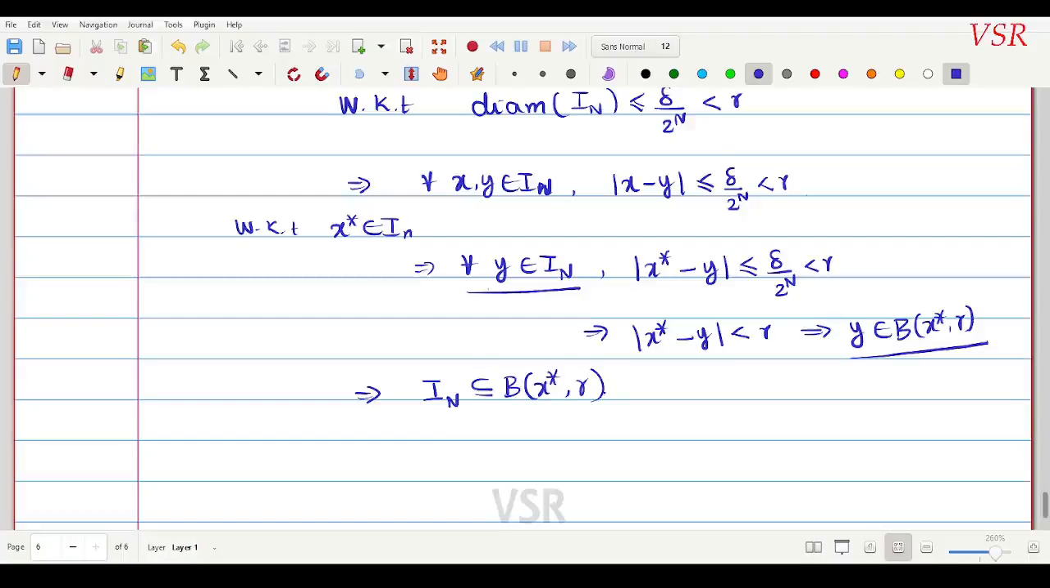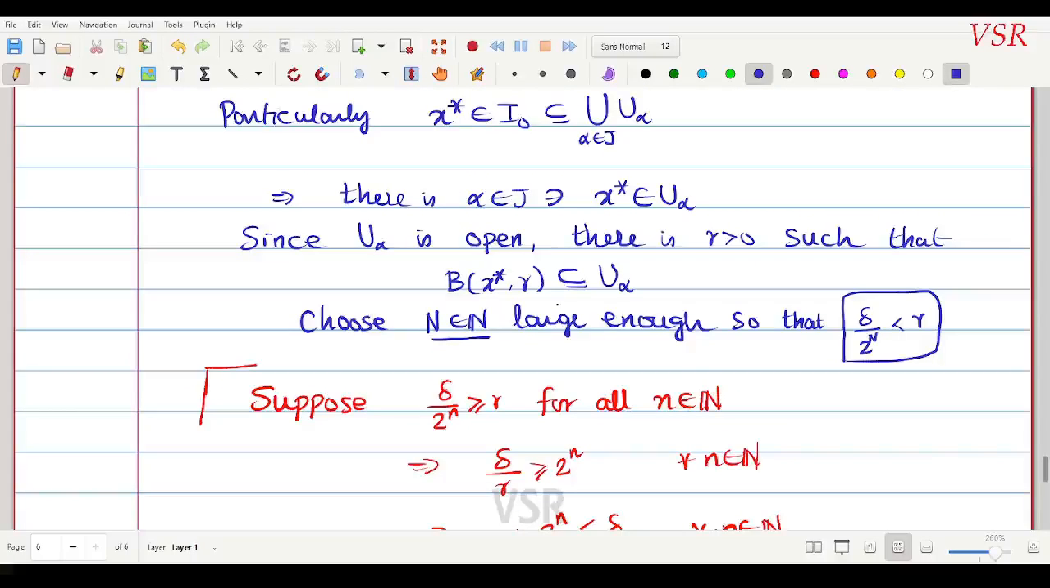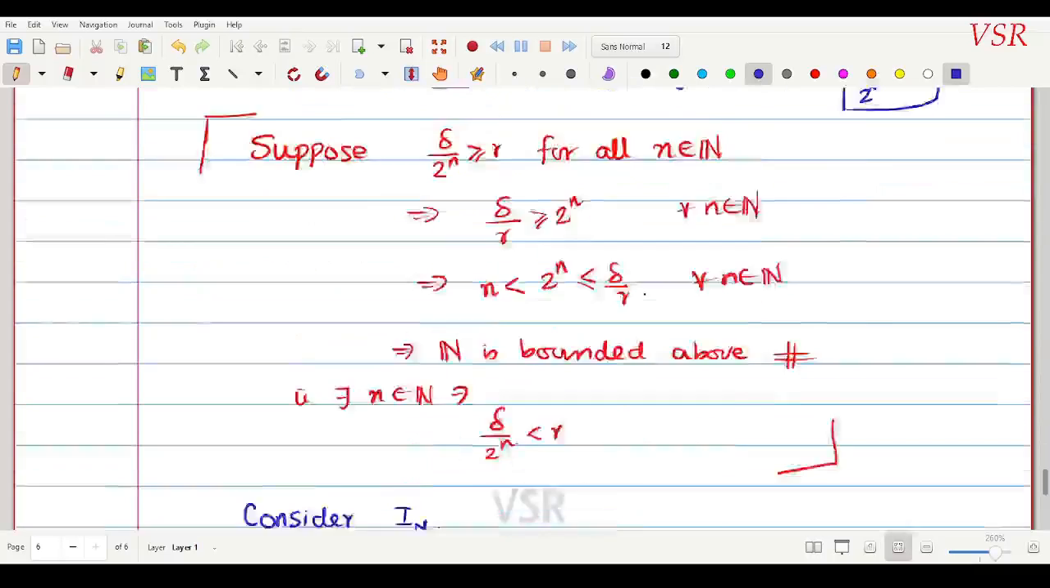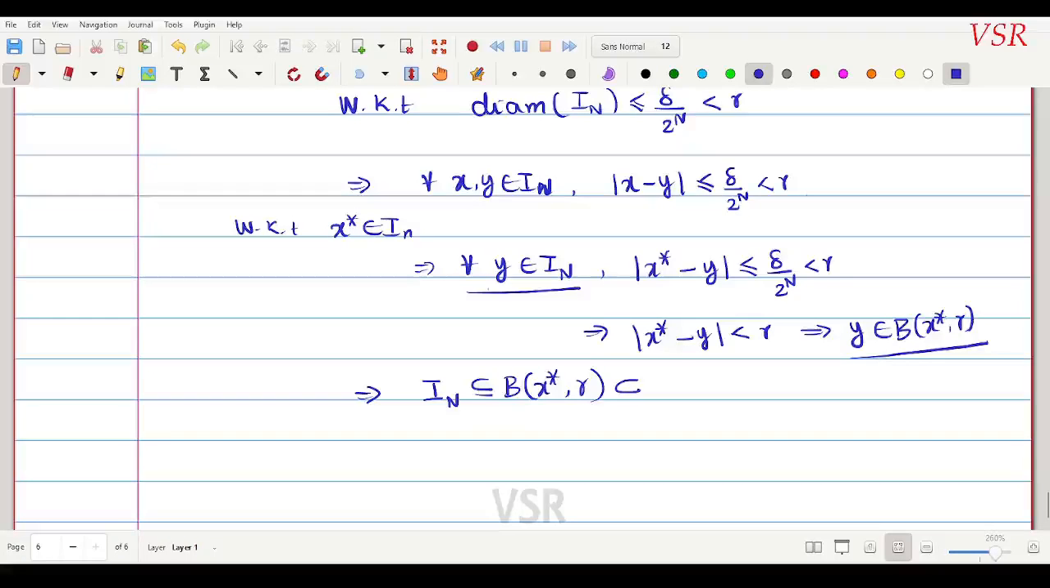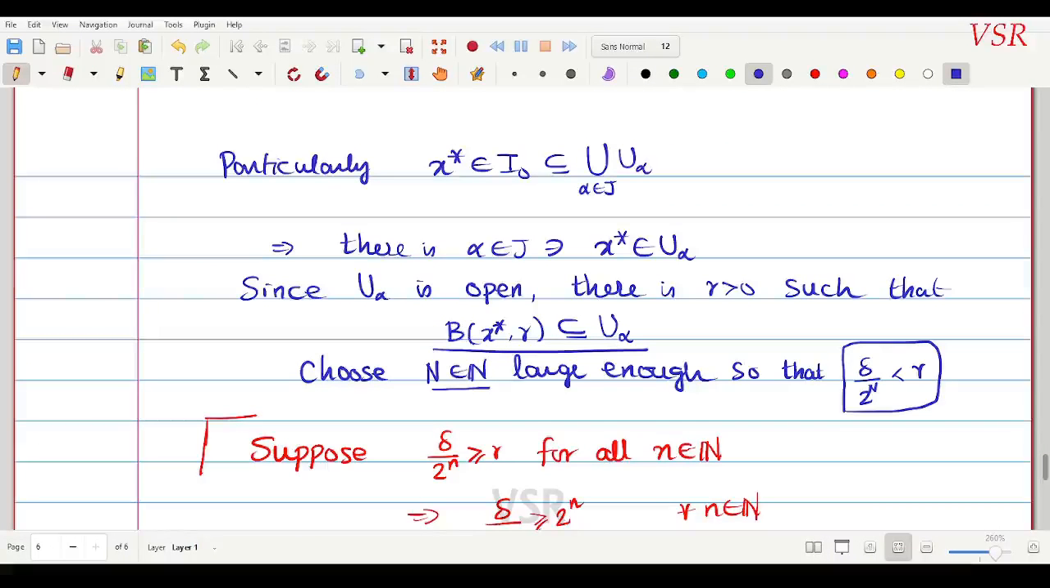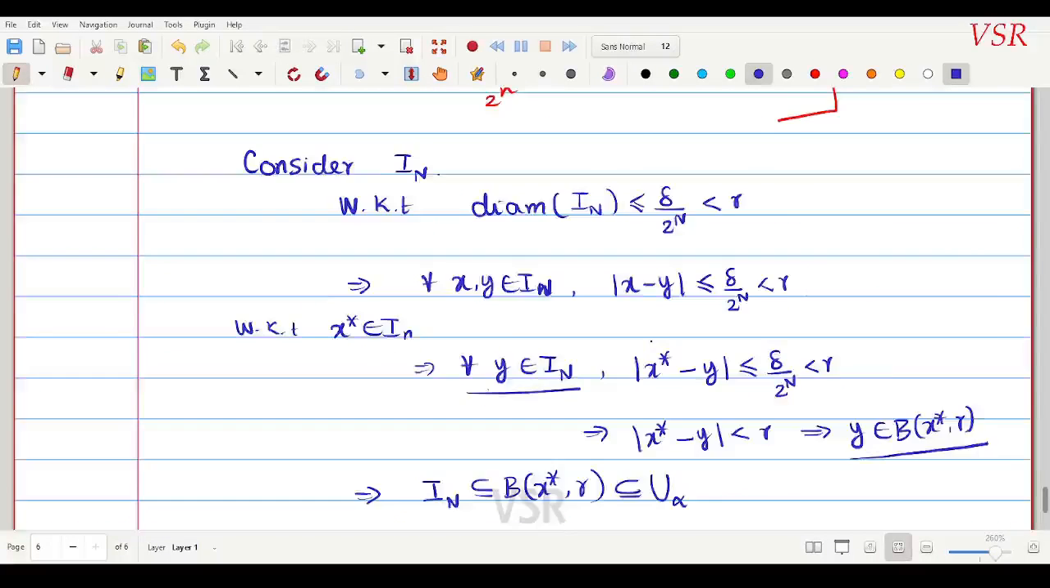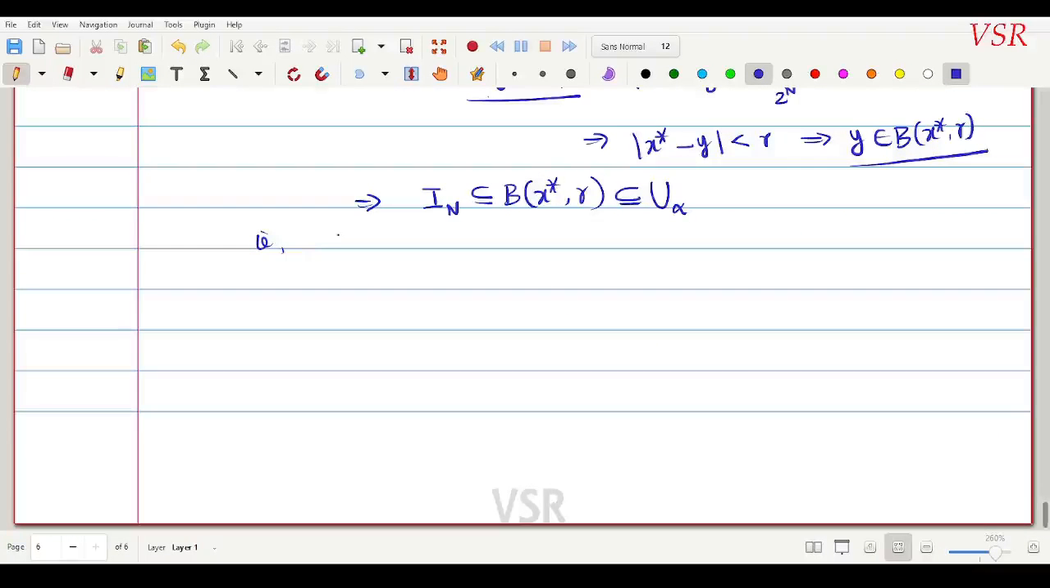But see whose subset this is, that is the big catch. The ball with center x star and radius r is a subset of some U alpha. So this fellow is a subset of U alpha for some alpha. That is how we have written it: there exists some alpha such that the ball with center x star and radius r is contained in U alpha. So what does that mean? That I capital N is covered by a single U alpha. I have covered I N with a single U alpha. Correct? So I N is a subset of just one U alpha, which is a contradiction